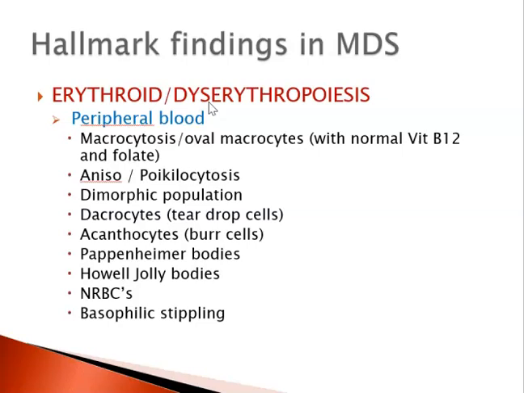You might see anisocytosis or poikilocytosis. You may see dimorphic populations, meaning two different populations. You may see dacrocytes, or the teardrop cells, acanthocytes, or burr cells, Pappenheimer bodies, remember our inclusion for Pappenheimers,